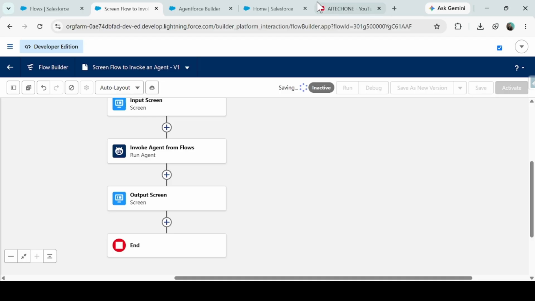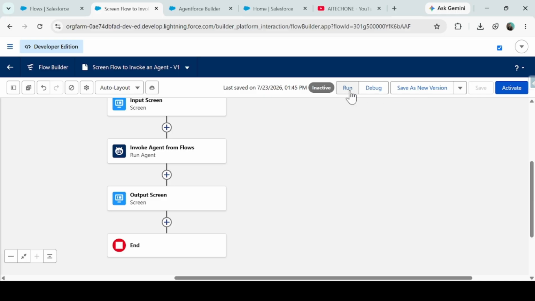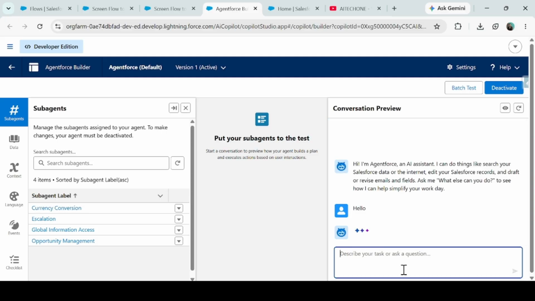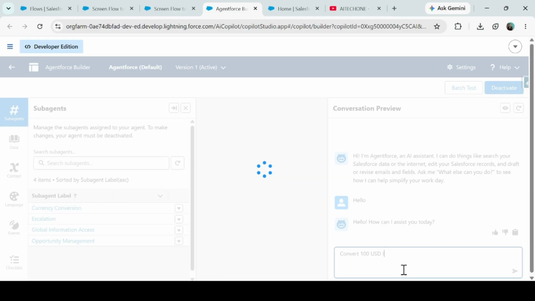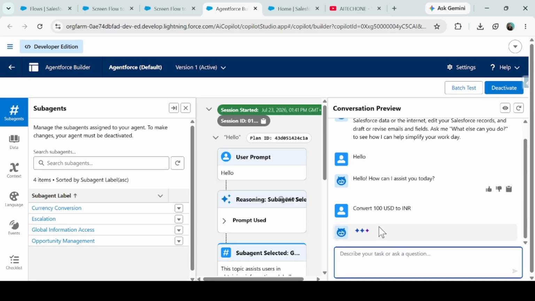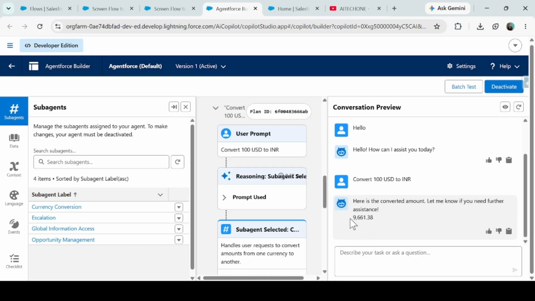So I click save this, and in this there is a currency conversion agent. So what I'll do, I click on run. And what do we do? I will be going to make a request. So for example, I just made a prompt here, convert 100 USD to INR. So when we convert 100 USD to INR, did we get the response? Let's see. The amount gets converted or not. You can see the amount gets converted